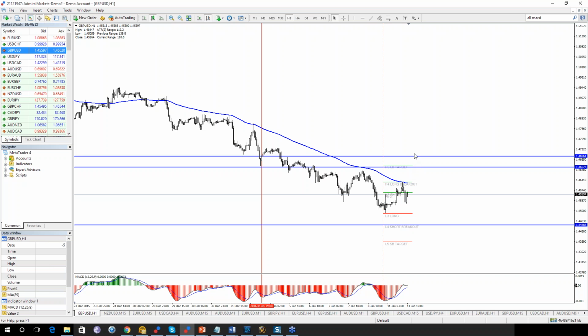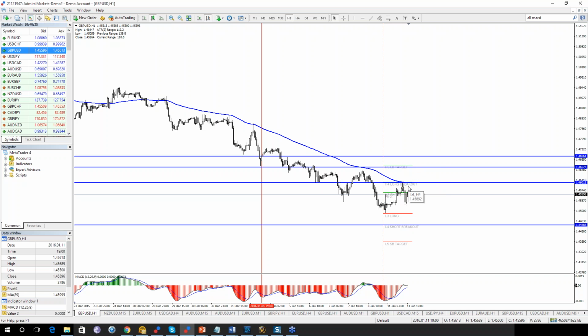Let's see. But I'm saying, guys, pay attention to this level here because it can reject from this level, 46. I personally would prefer to sell it from this spot. But sometimes the price may hit this level and go down. So pay attention to this level. It's safer to sell here, but pay attention. And this is your long spot.